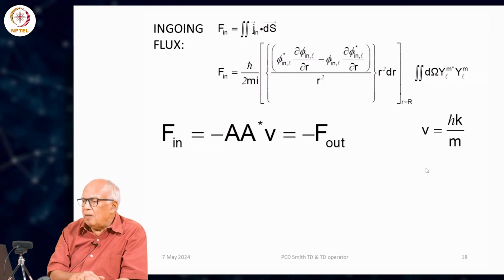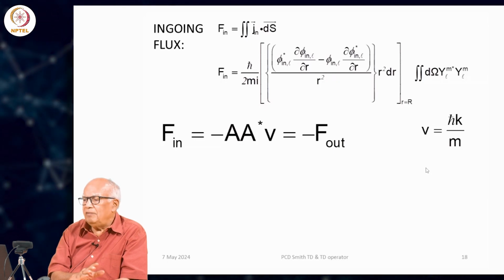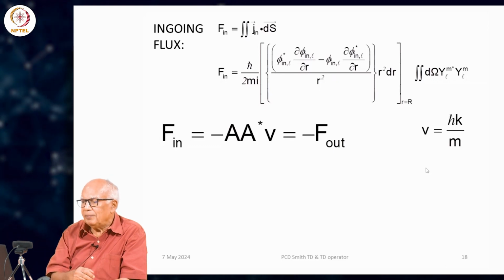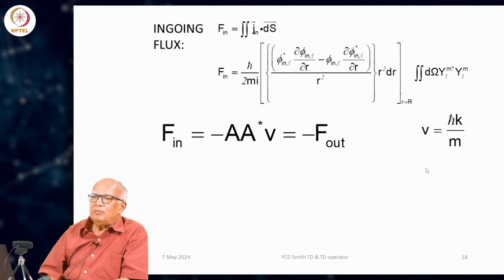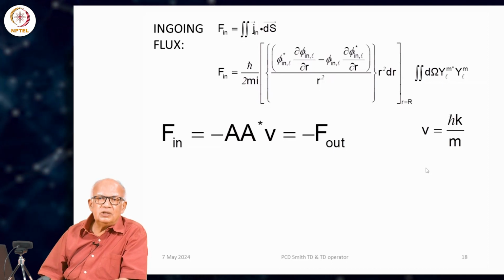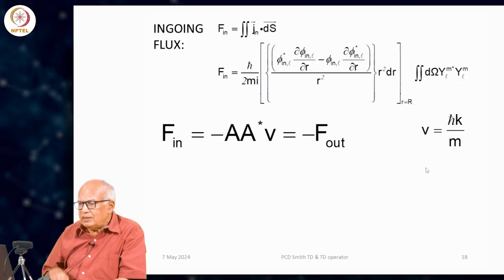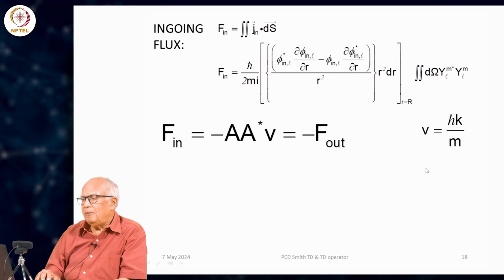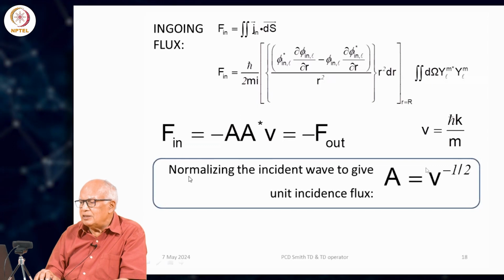It also has the normalization constant A star, A and A star, but we have to normalize this, and we can normalize it in many different ways. There is no absolute way of normalizing it, because these are continuum states, they are not really square integrable, but you can normalize them using box normalization or using some other way of normalizing it,